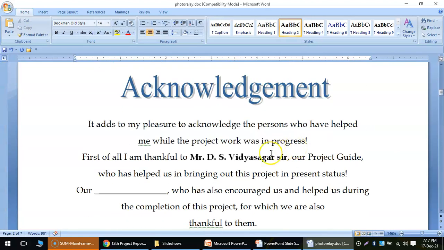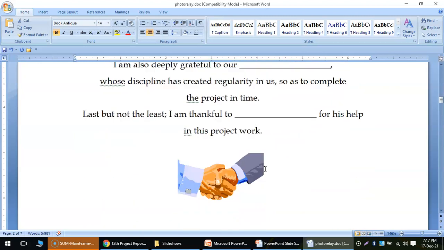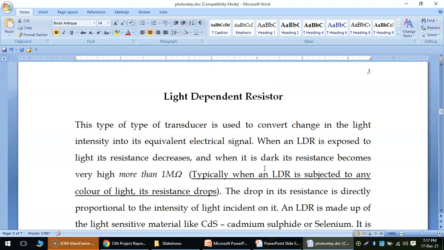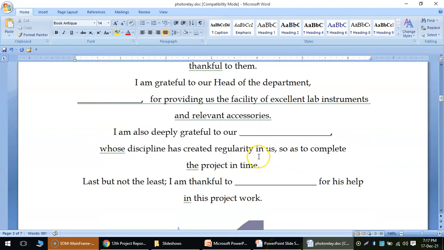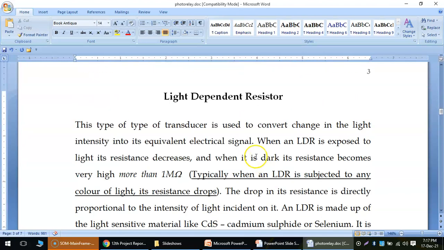Then you come to the acknowledgement part, where I have put my name, but you can change this name according to your project guide, because this file is editable and you can change the name to whatever you like. So this is the acknowledgement part. Then the project starts over here.